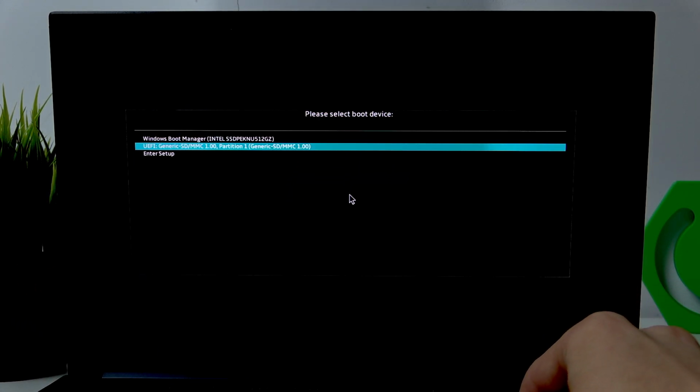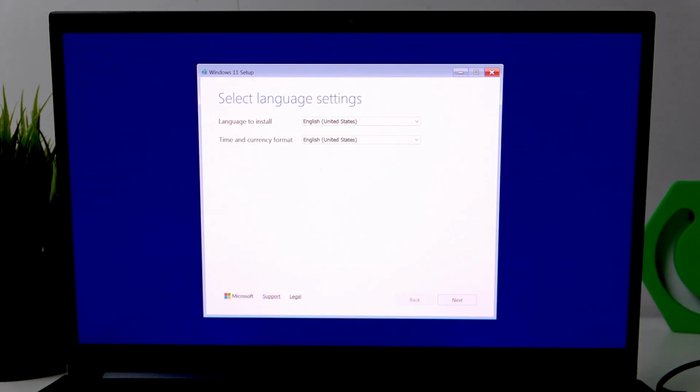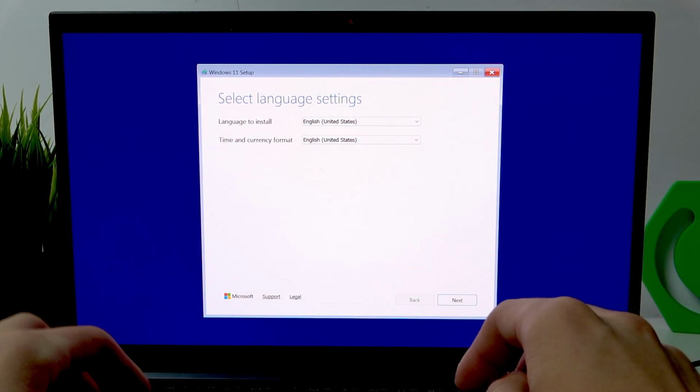Now select the boot menu. In boot menu, select the USB. Wait for it to load, and now click the